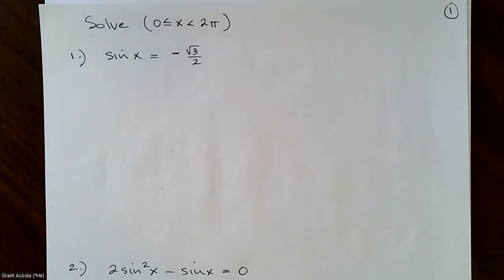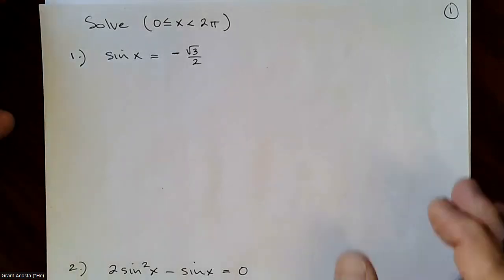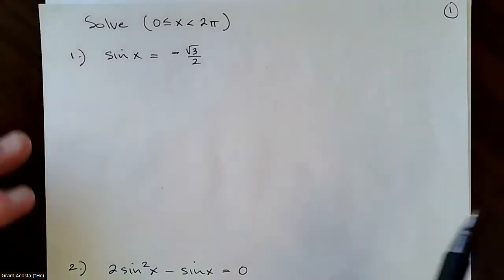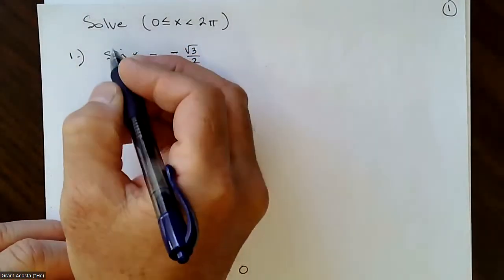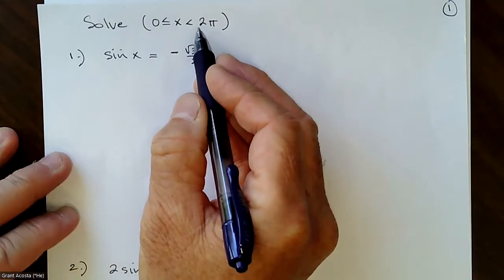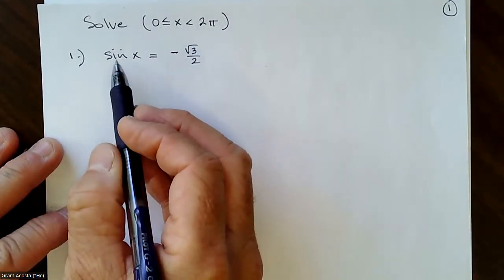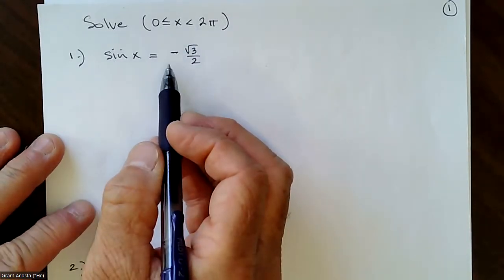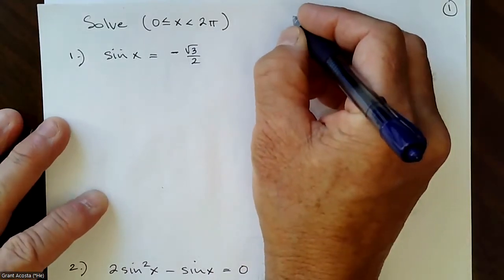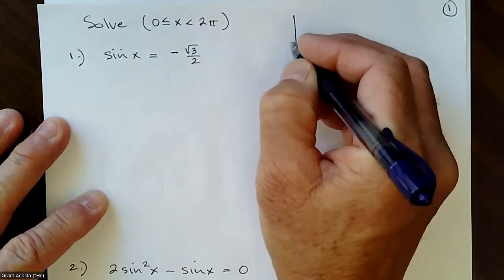All of the tools we've gone through, using our special triangles, our special angles, knowing our trig graphs, all of that plays into this. So it all kind of comes together and helps us solve equations. One thing to acknowledge here: if I'm trying to figure out where the sine of x equals negative root 3 over 2, think about the sine graph,